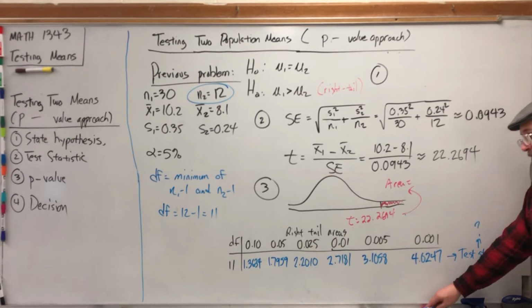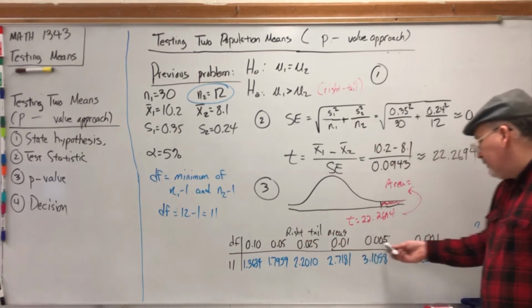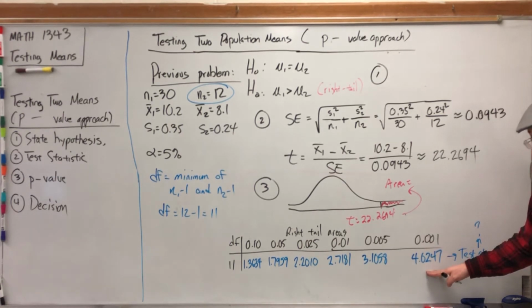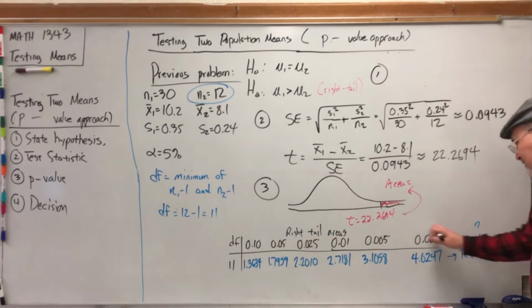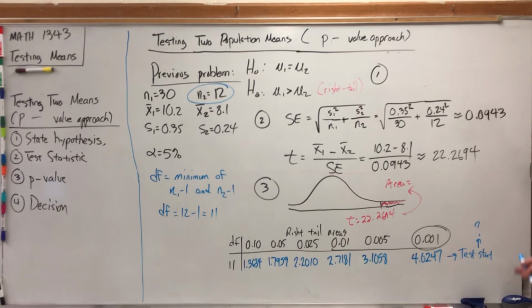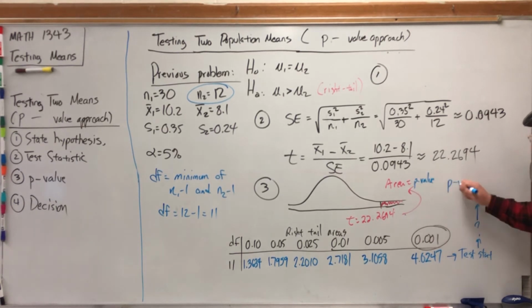And so what would its area be? Well, we don't know what it is, but we can put some bounds on it, because notice what's happening in these areas is that they're getting smaller and smaller as we move to the right. So if our test statistic is to the right of the last column, that means that its area just keeps getting smaller, and it's smaller than that last one. So when you're looking for an area of the tail for a p-value, and you go off the chart to the right, then you know that that area and hence the p-value is less than this. So what we can say is that the p-value, let me write area equals p-value there. The p-value is less than